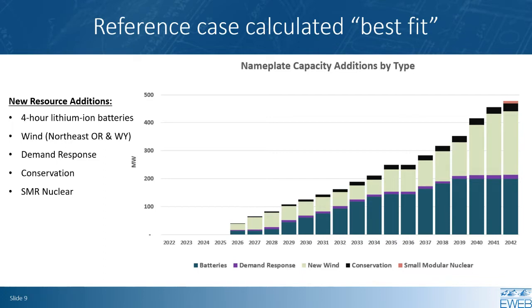You can see that tiny sliver of red in 2042 where the model selects a small modular nuclear reactor. Small modular reactors do benefit from the Inflation Reduction Act, so that may be a contributing factor here. But we found it interesting that the model broke from the pattern of selecting new wind and batteries and instead chose a clean dispatchable resource in this final year of the study. It implies that there's likely a role for dispatchable resources as part of EWEB's future portfolio. So as we do future sensitivity analysis, we'll want to see how often dispatchable resources are considered part of our least cost portfolio mix.